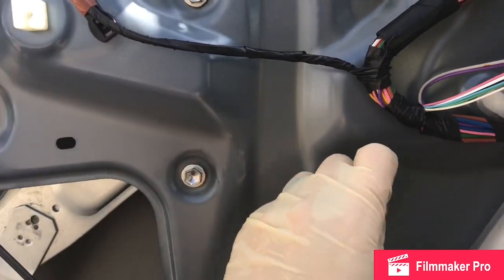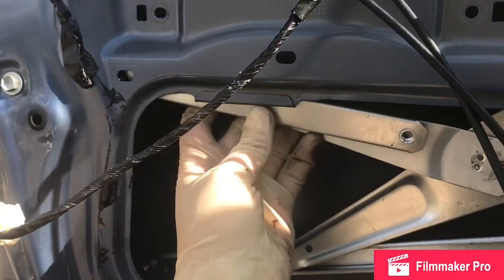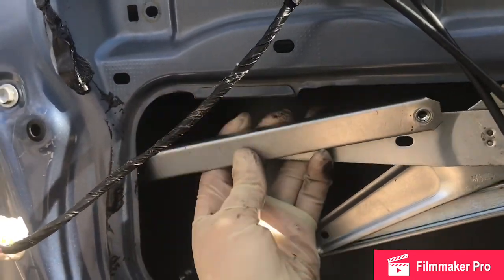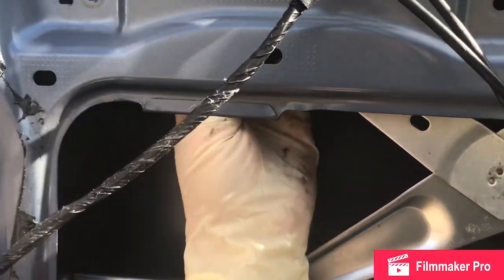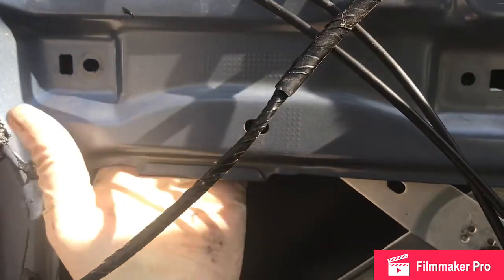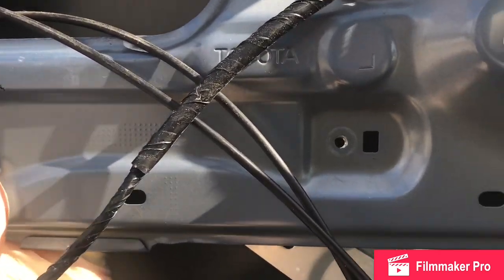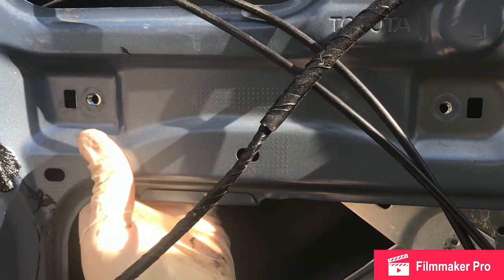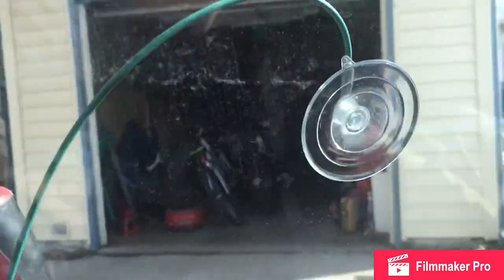See how I've got these all loose so I can still play around with it? I still want to slide this guy up where I can get those 2 bolts started. Then I'm going to slide the glass back down,